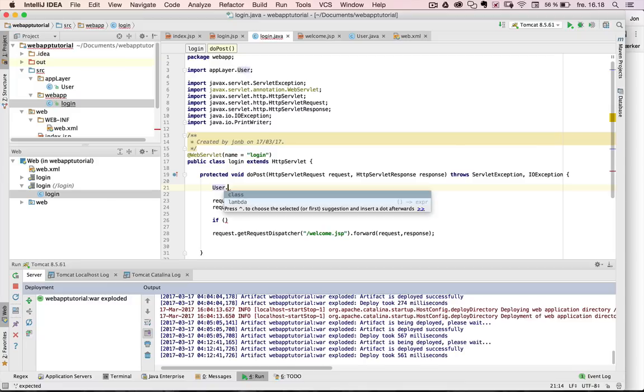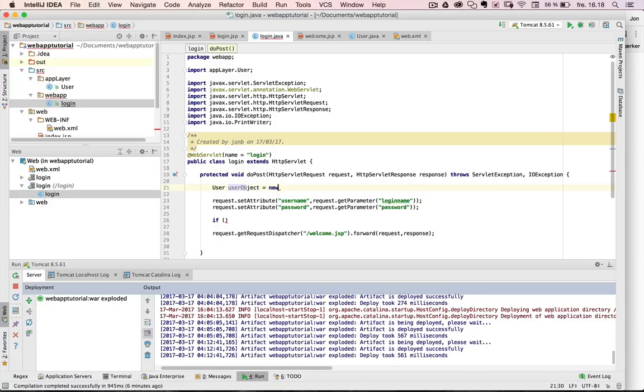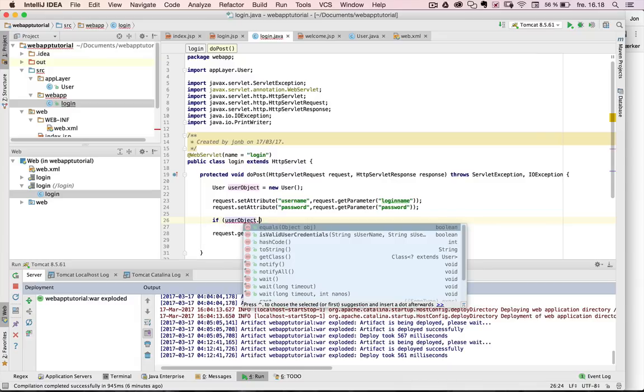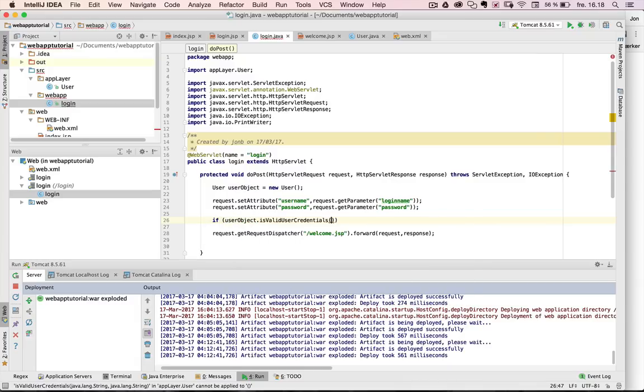So I say user, and I call it user object equals new here, and then I should be able to use it down here. So I say user object dot,